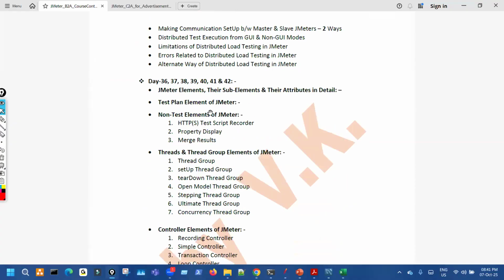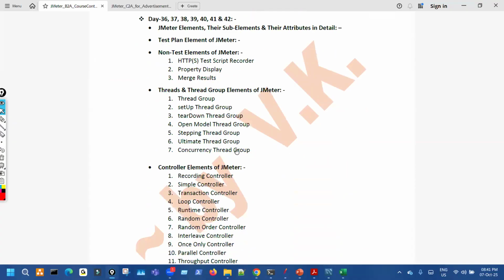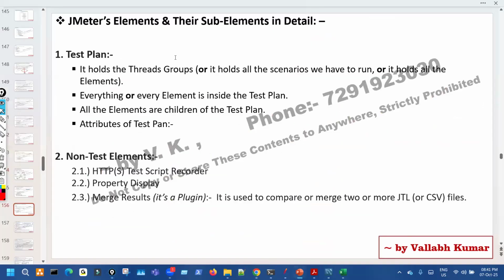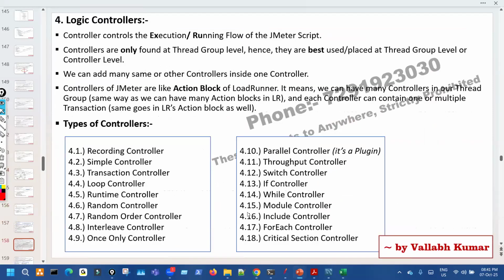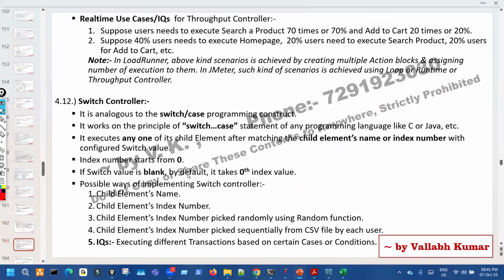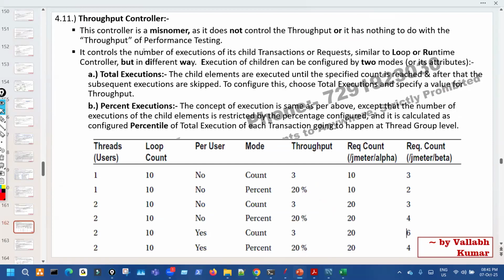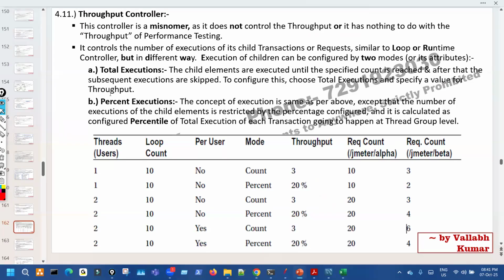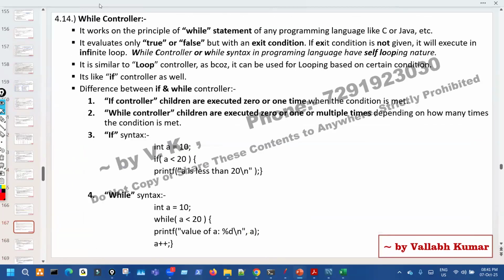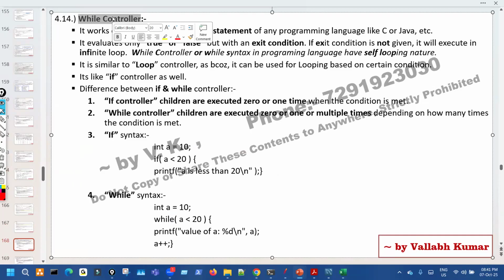After that, we'll be talking about the elements. So JMeter has almost 70 elements, right? So what each element does, with all real-time use cases. That is a whole separate part, starting from this first element, then thread group, we have 7 thread groups. Logic controller, we have 18 logic controllers, right? Each logic controller, what it does. There can be a special question from this. Output controller, interview question will be there. Switch controller, when it is used. If controller, and then there is a while controller,